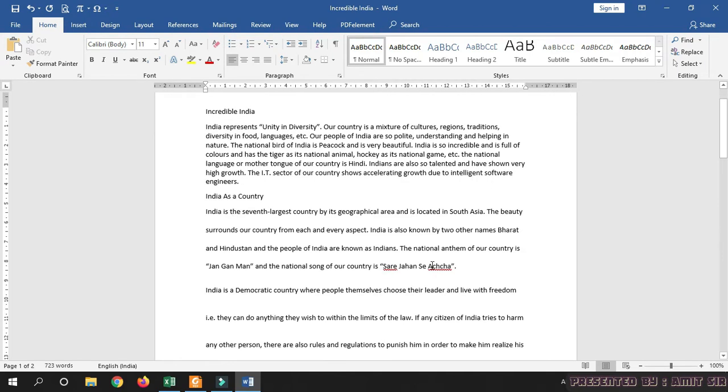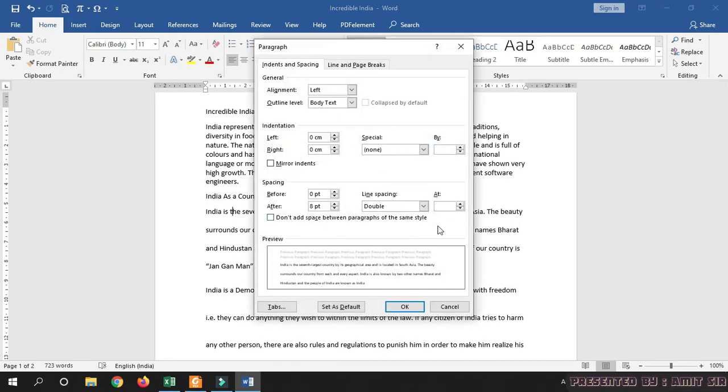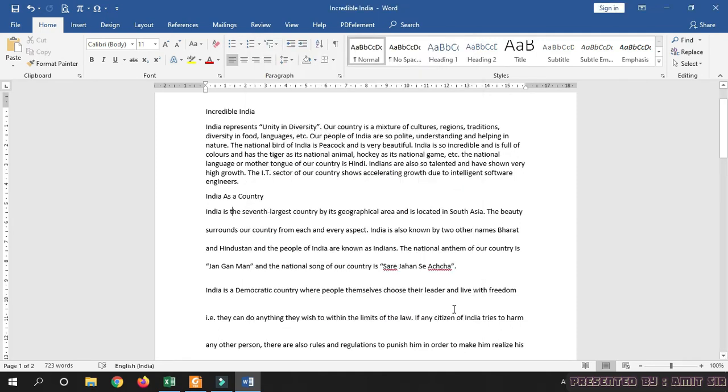So the options that are already available in line spacing are 1, 1.15, 1.5, 2.0, 2.5 and 3.0. Also, you can assign any other value by clicking on line spacing option and then put the value at this place. Anything.